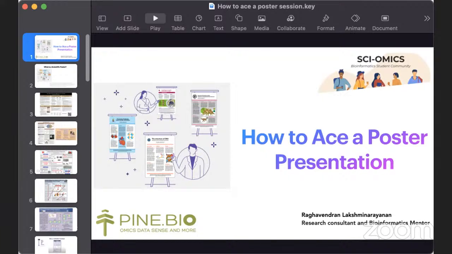So let's start with the golden question, right? What is a scientific poster? I might seem ancient, because I come from an era where we used to print the poster and hang it on the poster wall, and the exposure of your poster depended upon where it hung, and you had to sell your science somehow. But now we are hoping we will get back to those golden days in the conferences one more time. On the other hand, online meetings and online conferences have actually